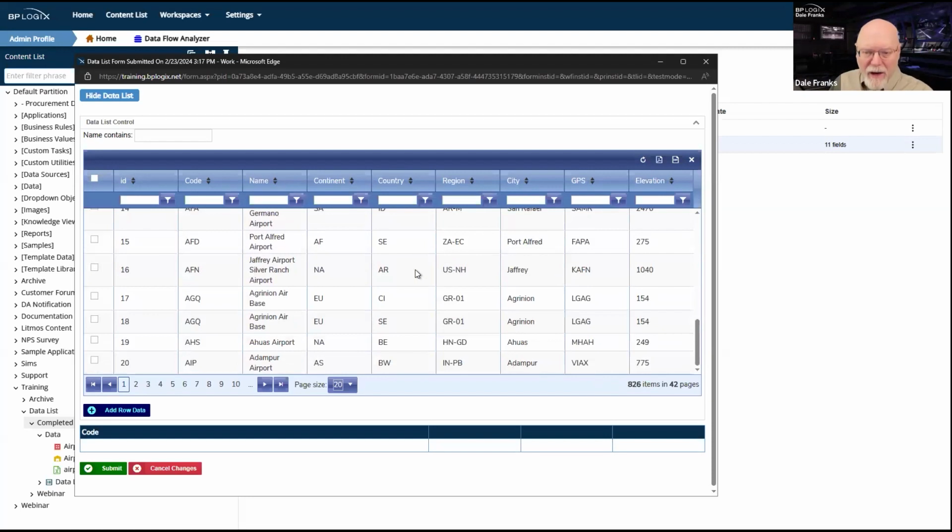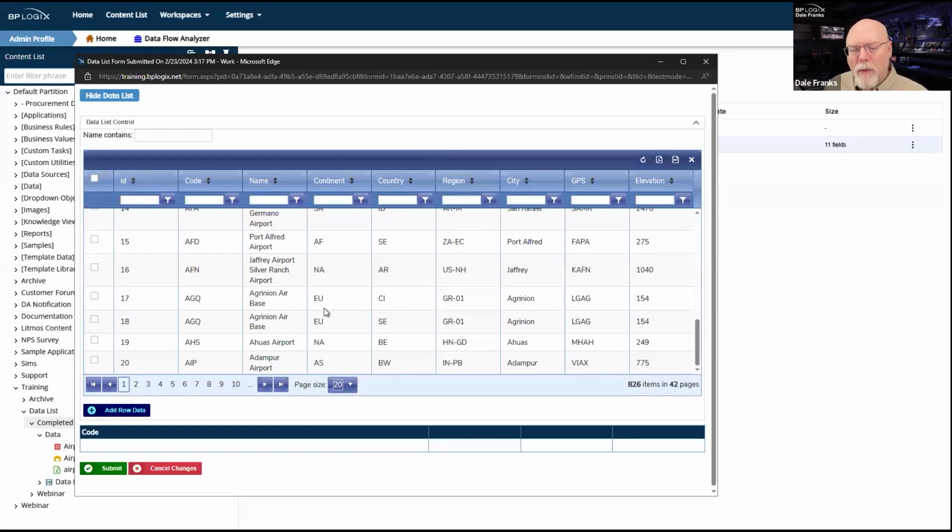And only the data from these 20 items are being displayed, and they're being displayed inside a single control, the data list control. So I am not using 20 times 9, which would be, what is 20? 10 times 9 is 90. 20 times 9 would be 180. So, normally if I wanted to show 20 records and I was doing it in an array, that would be 180 fields that would have to be displayed on a form. But that's not what's happening here. I'm displaying a single control on the form.